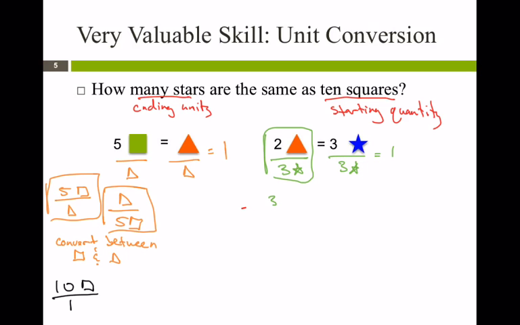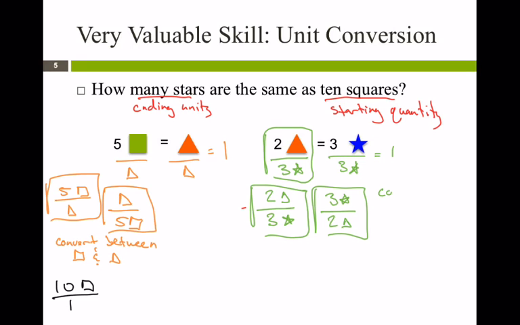So that is 2 triangles divided by 3 stars is a conversion factor. We can multiply anything by that, and it will allow us to convert between units without changing the quantity. Instead, if we divided everything by 2 triangles, we would end up with 1 on the left side, and on the right side we have 3 stars divided by our 2 triangles, and that is another conversion factor. So this allows us to convert units